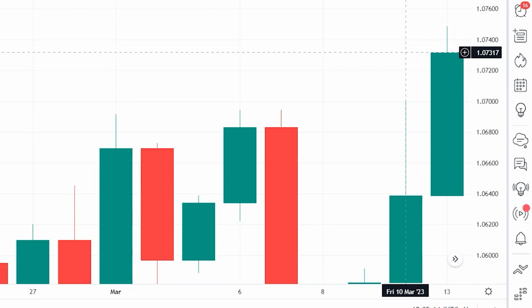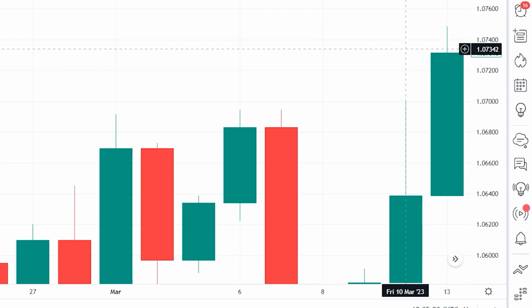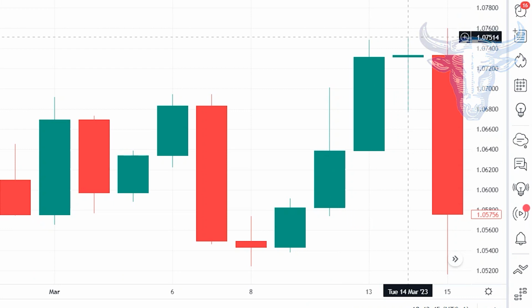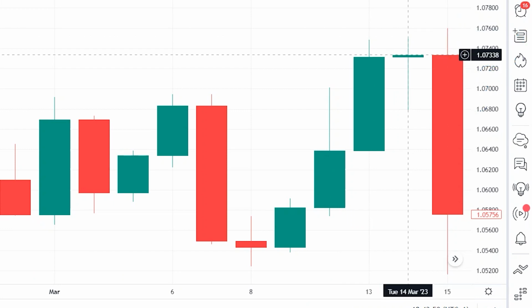Also, we can notice a wick above the candle, which indicates that the price was around 1.075 at its highest in this day and then went a little bit below and closed. If the closing price is lower than the opening price, the body is typically colored red or black. We can see a candle on March 15 where the opening price is above the closing price, which shows us a bearish candle. We can see that on this day the opening price was around 1.073 and closed at